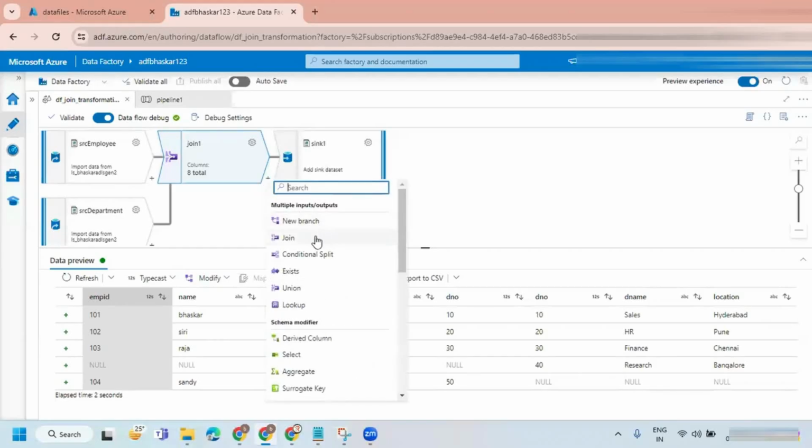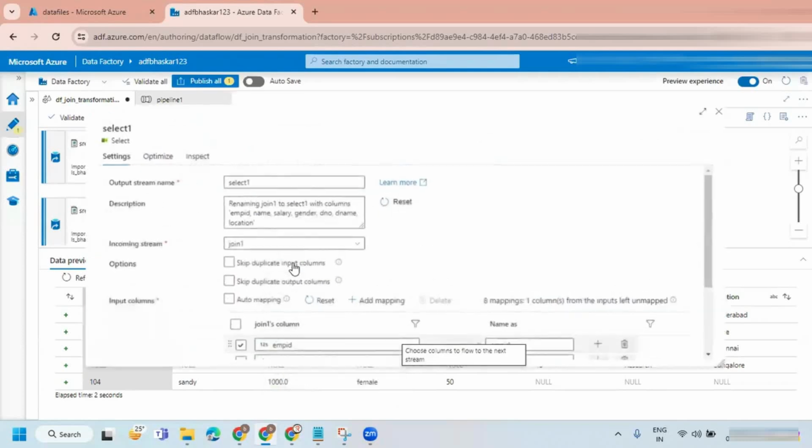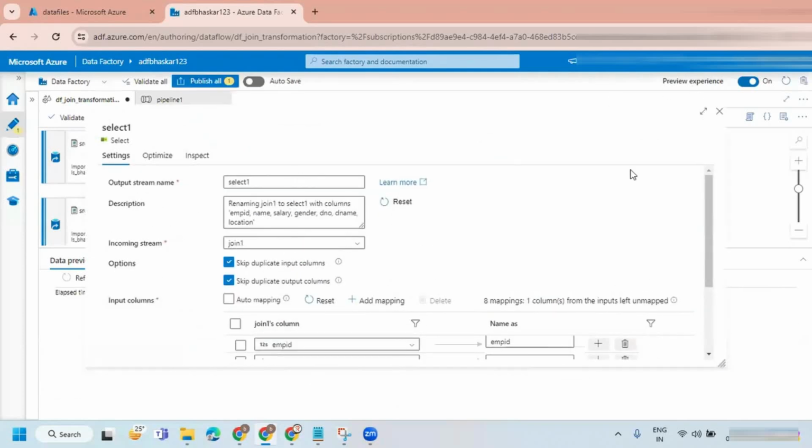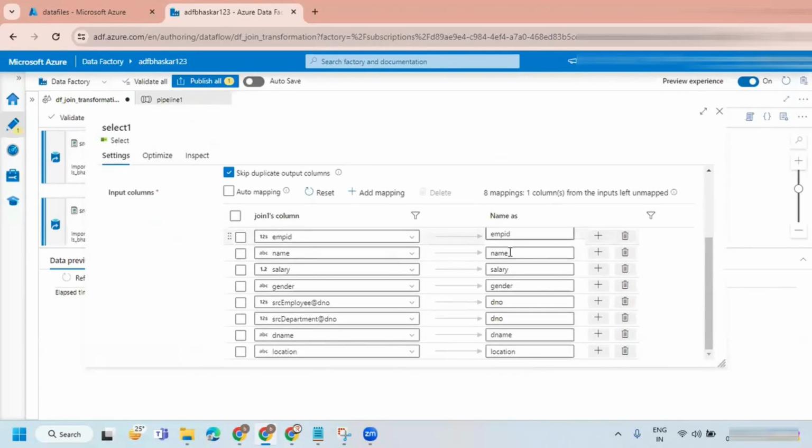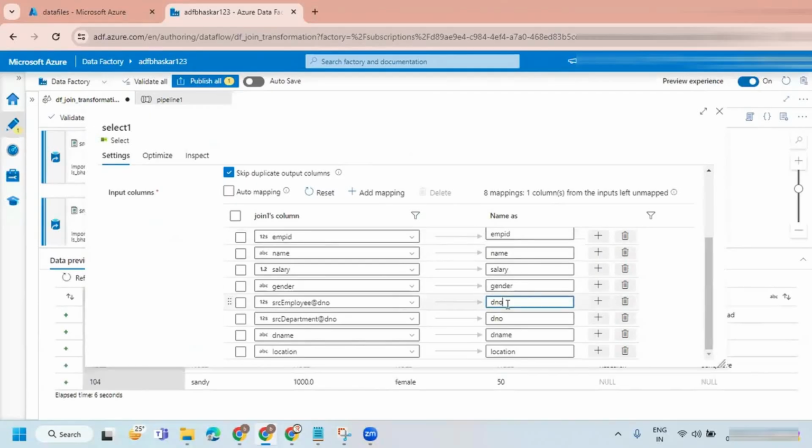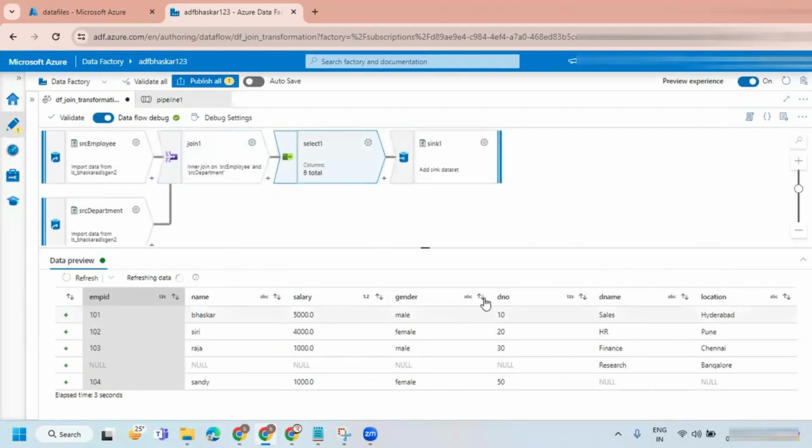I'll keep a select transformation. We already know it, right? Select transformation is just to take only required columns, or you can also rename the columns. I'm just going to say _1, _2. Let's close this. I'm just renaming those column names.